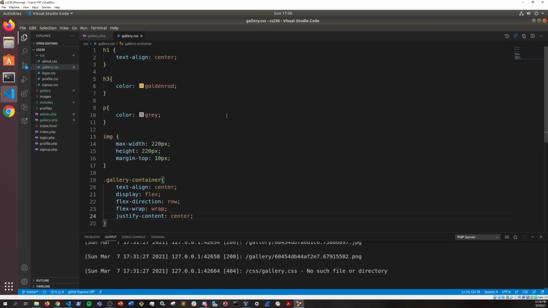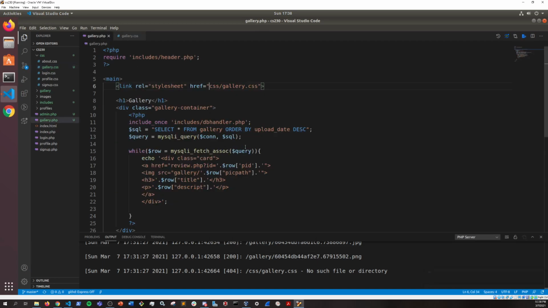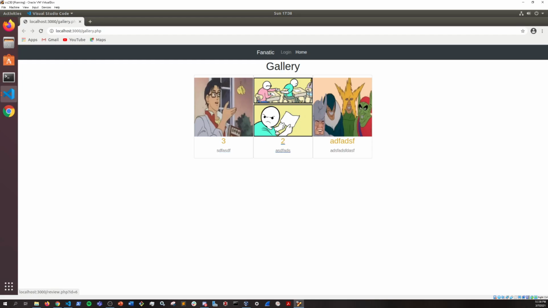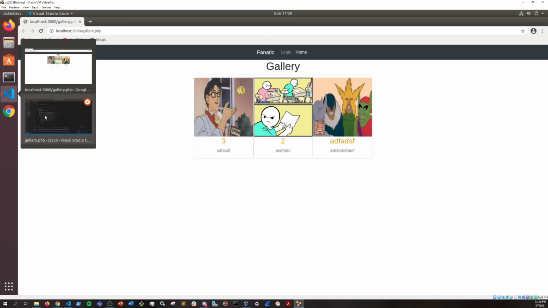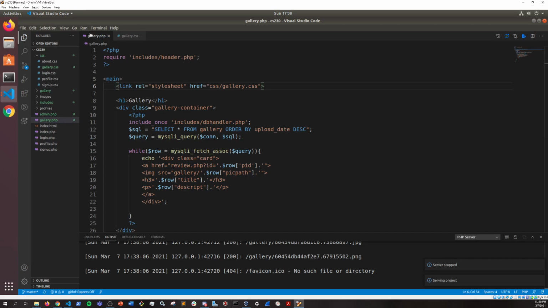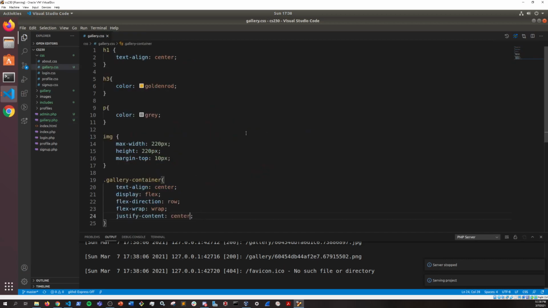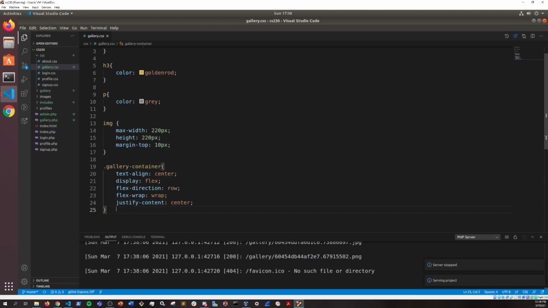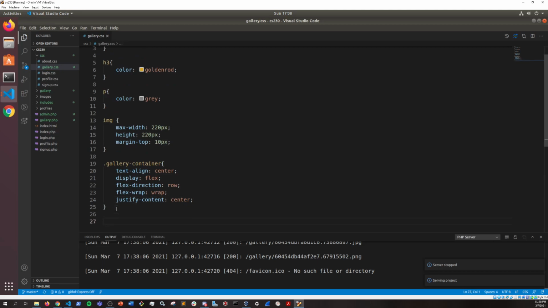Okay. Now, let's reload the server. So that doesn't look too bad right now. They're a little bit closer together than I would like. What we're going to do is change up some of the stuff in the card itself. All right, cool. So next thing I'm going to do is for the card,